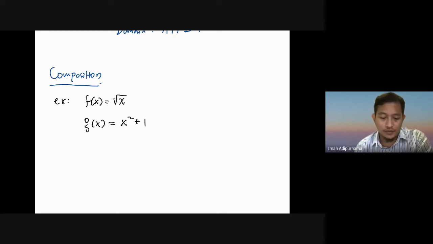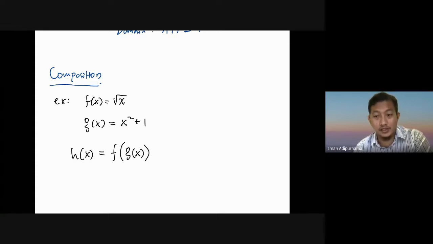And we may define a new function called h, where this h is a function f with the function g inside. Or we can write this as